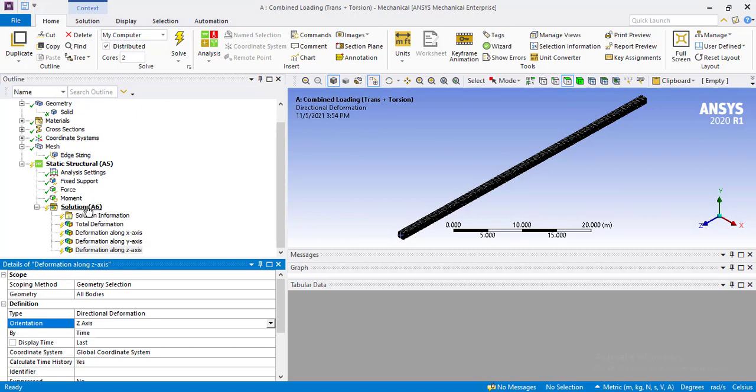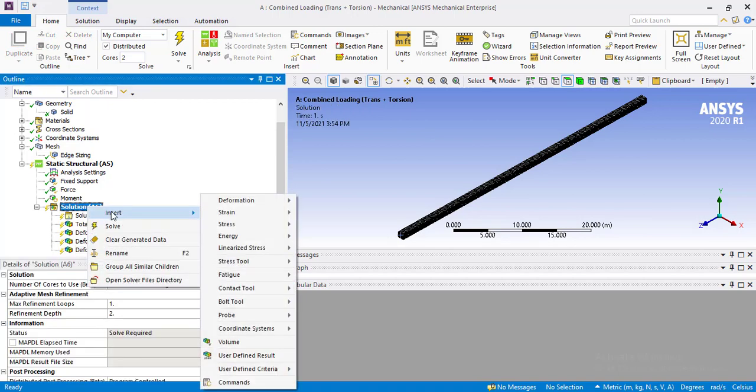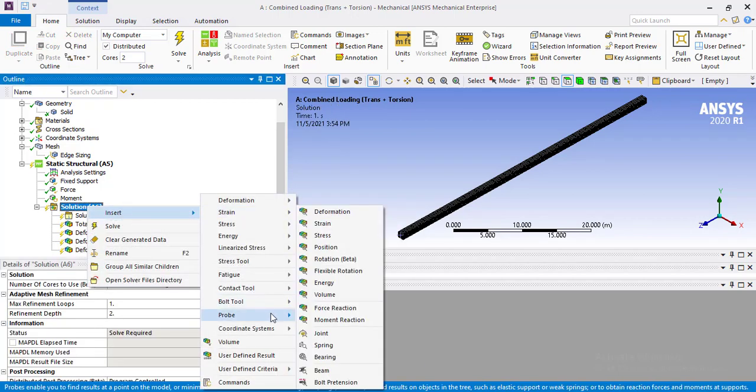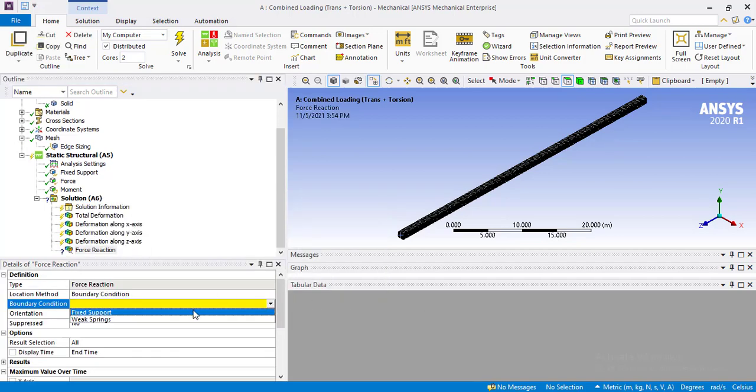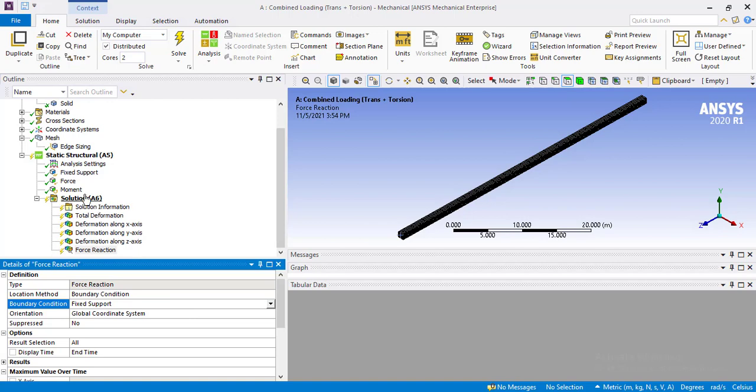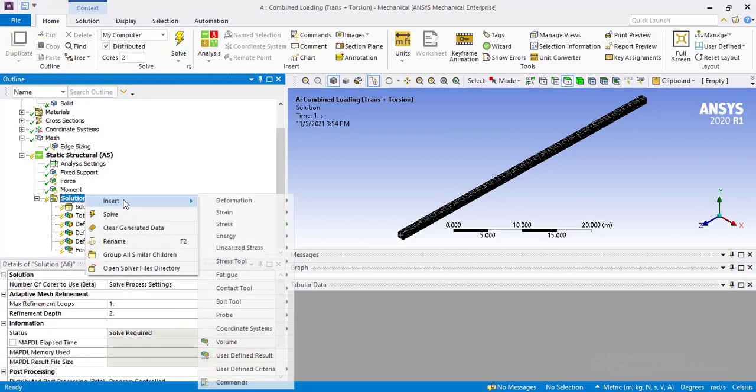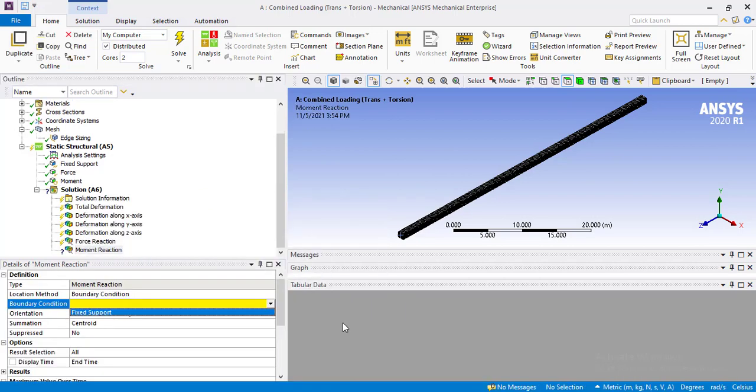Now we will insert the last two results by right clicking on the solution tab, insert probe and select force reaction. Select the boundary condition to be fixed support. Now again go to the solution, insert probe, moment reaction and select the fixed support again.